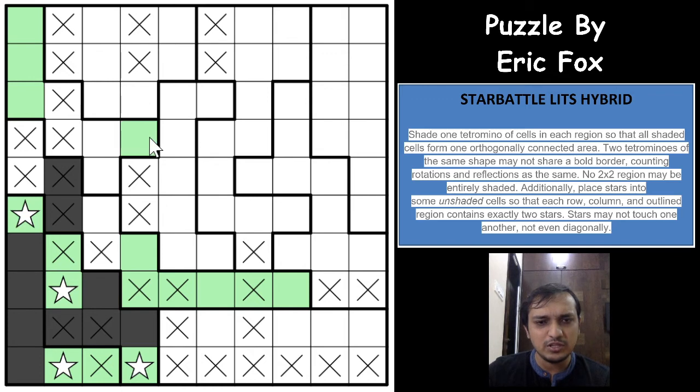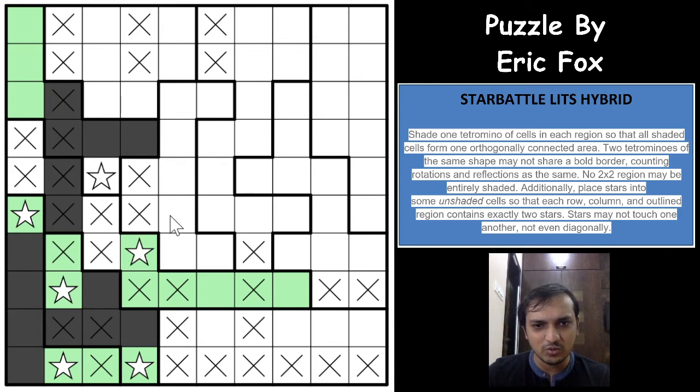And now which means that this cell would have to be a tetromino cell, because if you eliminate this cell, it again forms an S or a 2 by 2 group of shaded cells. So this would be a tetromino cell, this would be a tetromino cell, this would be a tetromino cell, and this one. These form an L shape here, and which indeed gives you that this would be a star now. Out of these 3 cells, we already deduced that this would have to be a star, which means this would have to be a star now. Superb. So we eliminate all those.